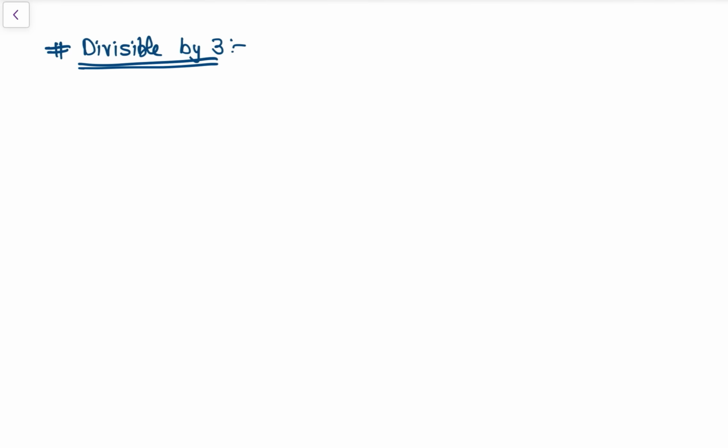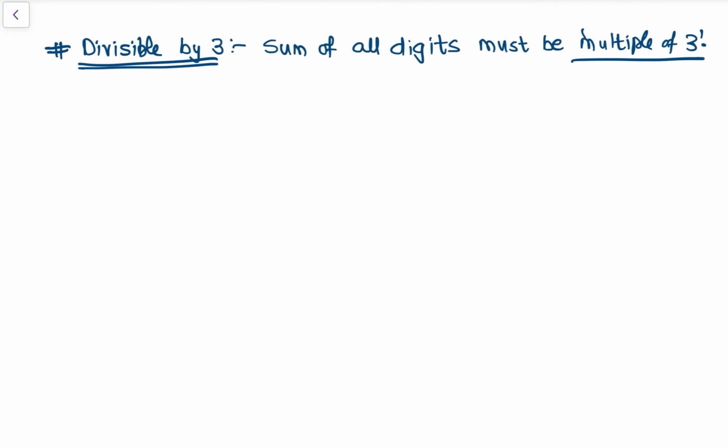Then next is divisible by 3. Divisible by 3. What? Sum of all digits must be multiple of 3. Sum of all digits must be multiple of 3. जैसे example